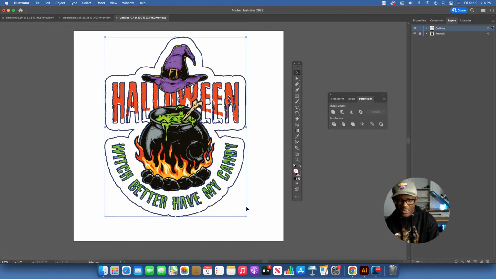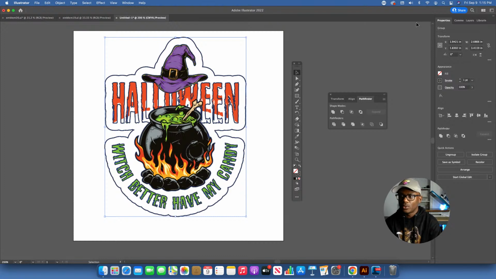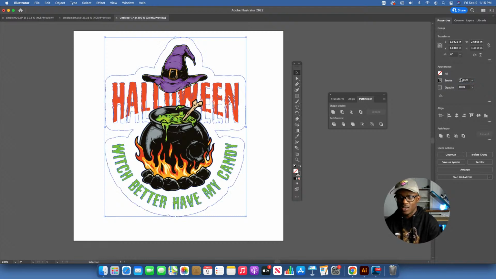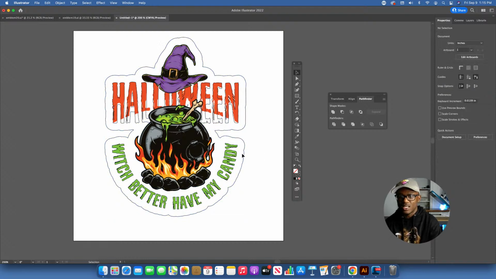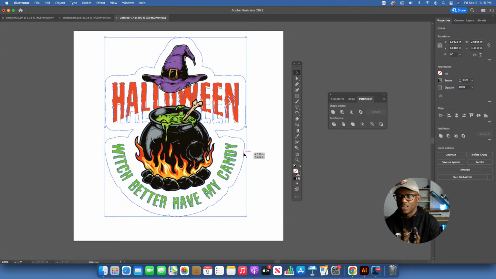All right, so next thing I want to do here now, select my stroke line. Okay, so my stroke line is selected. I want to come down to my stroke panel and change this size. Right now it's on 1 point. I like to do it at 0.25 and then enter. So you can see now my line is not as thick anymore. It's nice and thin. Okay.